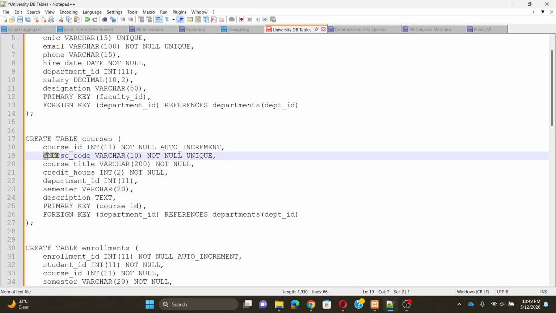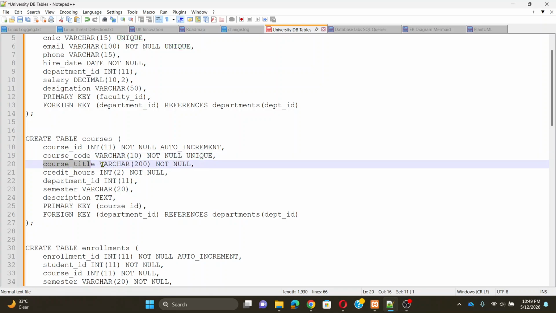And there would be a course code, which would be a varchar, and the value is set to not null, and the course code must be unique. And there must be a course title, and it would also be a varchar with a maximum length of 200, and it would be set to not null. And credit hours, this must be an int, and